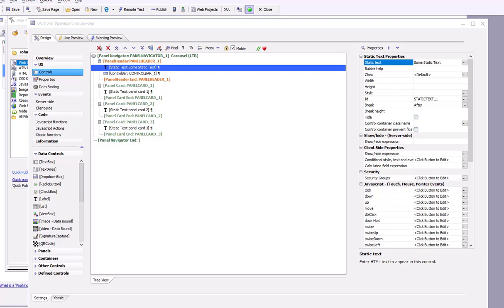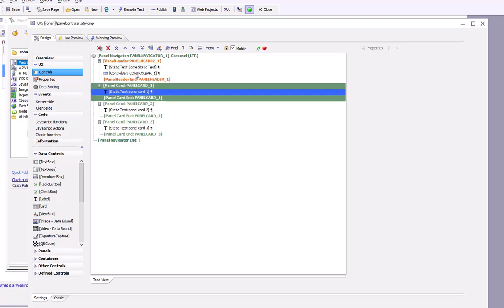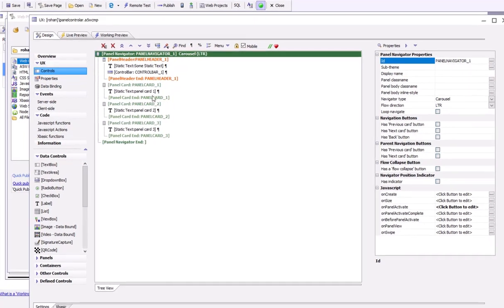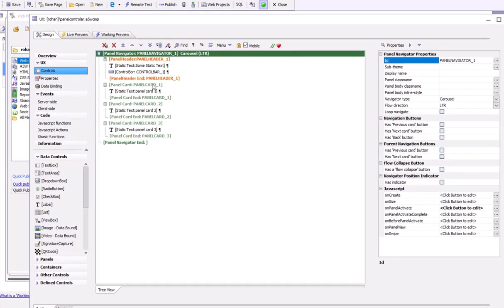So a common design pattern when building mobile applications is to have multiple panel cards inside a PanelNavigator. And so in this case here, you can see we've got a PanelNavigator with 3 different panel cards. And the requirement is that each panel card has its own control bar. So you can clearly go to each of these panel cards and add a panel header with a control bar